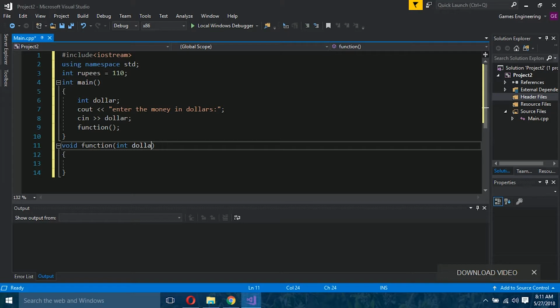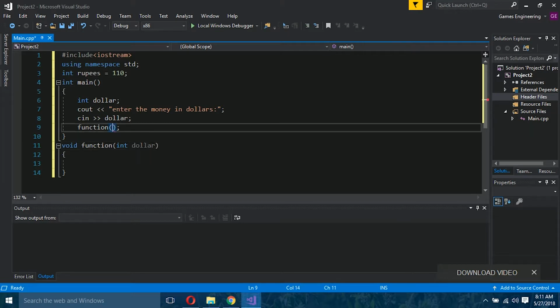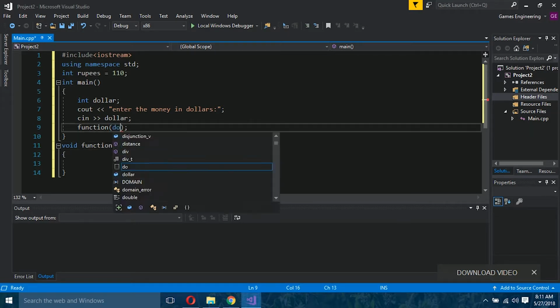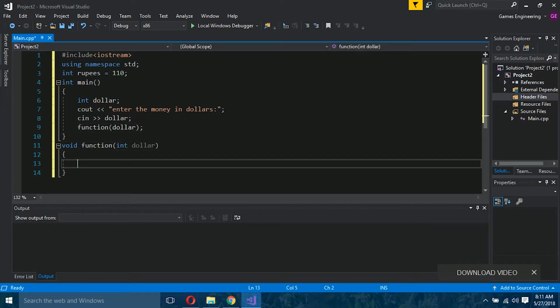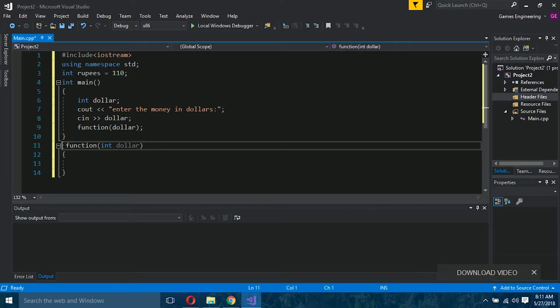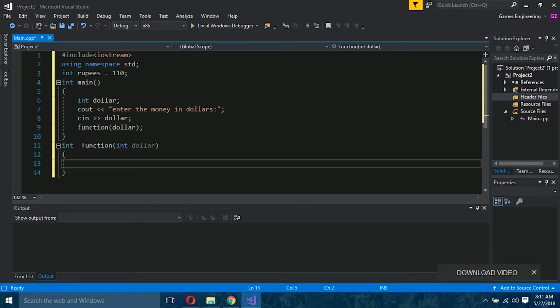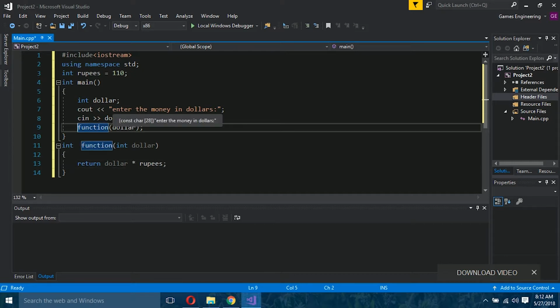The function will take the dollar and return an integer: the dollar multiplied by rupees. The amount that I enter in dollars will be converted into rupees and returned to main. Now I will print on the screen the rupees in the amount of these dollars are